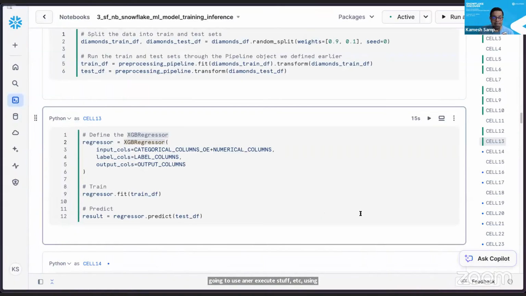So the idea here is that I don't need to write it, because when you go for ML, the very important thing is data. How do I prepare my data? How do I get my training data set? How do I get my other data sets? Except for the tuning of parameters, the rest is all boilerplate code. So why do I need to write it again and again? I don't need to do that. And it also needs to execute very fast. That's what we do with the XGB regressor right there.